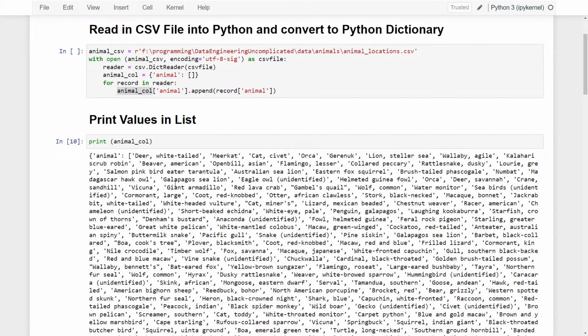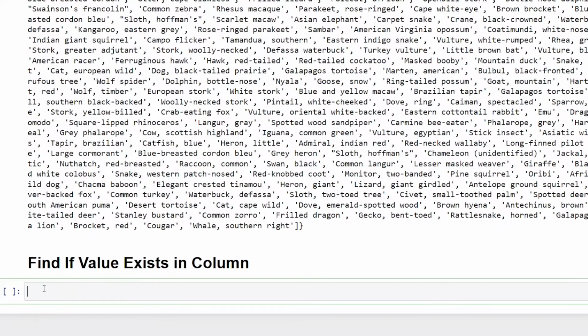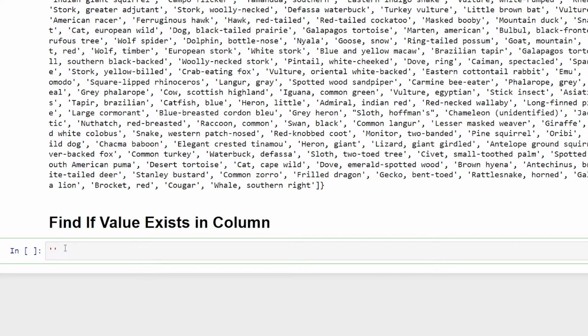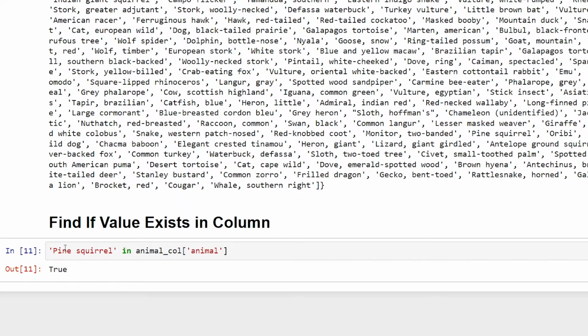So now if I wanted to search this entire list, for example, to see if an animal exists, I can do the name of the animal which I'm interested in. So pine squirrel in animal_col. Remember, this is the key that I'm searching now, which is animal. And if it exists, we should get True. There you go. So somewhere in my list, we have the pine squirrel is one of the animals that I've